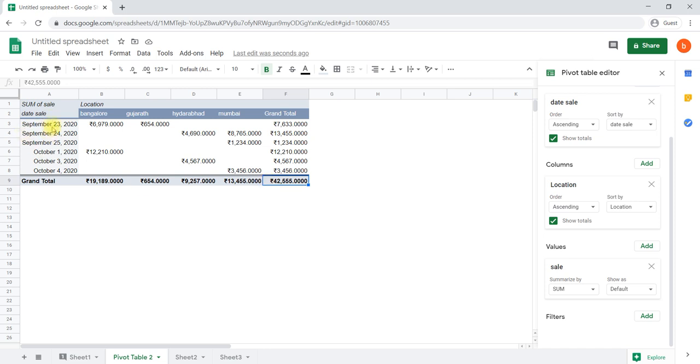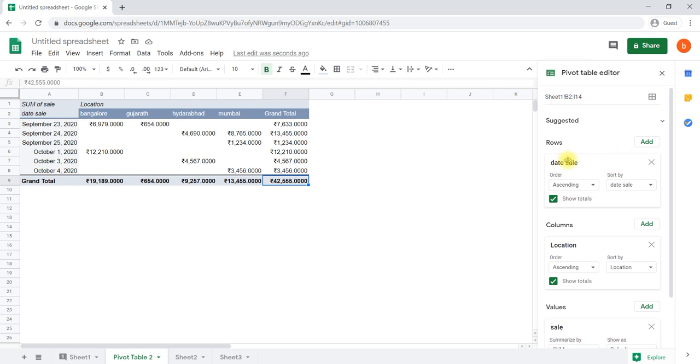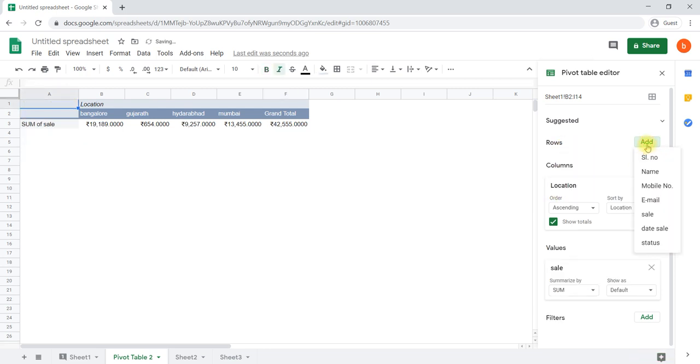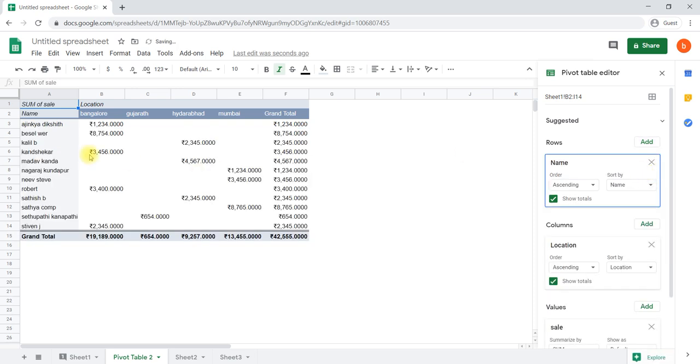In case you don't want to analyze in terms of date, and you require client wise, then what you can do is close this one, the Rows sales date, and say Add, name of the customer. Automatically it will take the name of the customer.